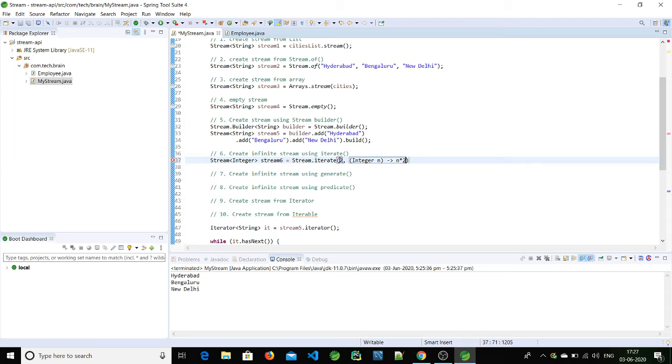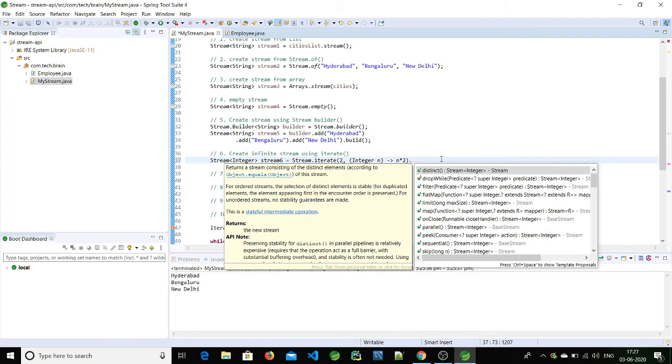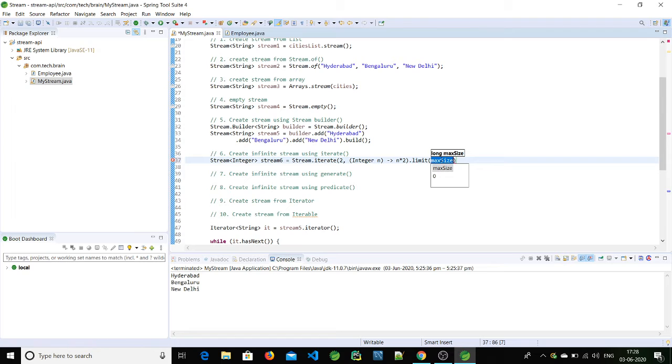Whatever input is there, it will add this input in the stream and apply this function, and it will return the object that would be the input for the next function call, and it will keep on adding the object values into the stream. And we want to do a similar thing for a fixed limit, a limit of number. So for that I'll use limit. I want this to execute 10 times. I need 10 values, so I'll execute this 10 times, and now it will generate 10 values that will be there in the stream. So now let's read here.